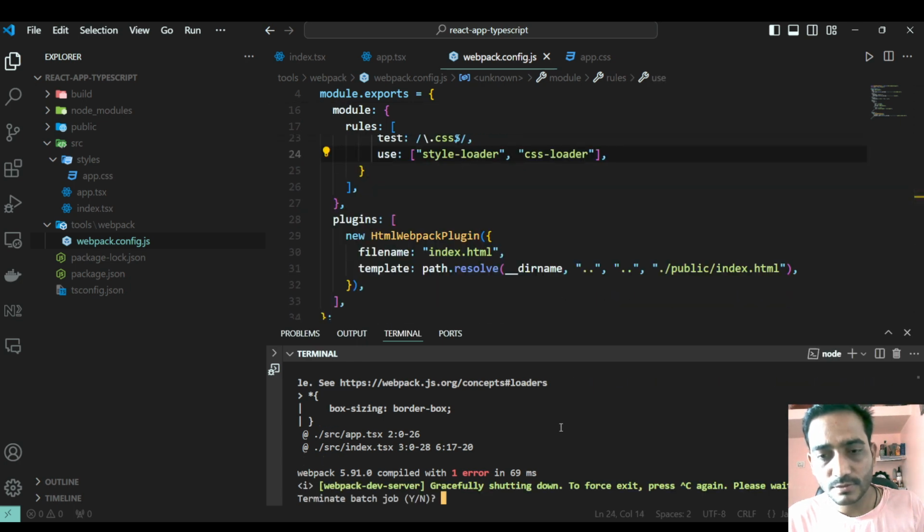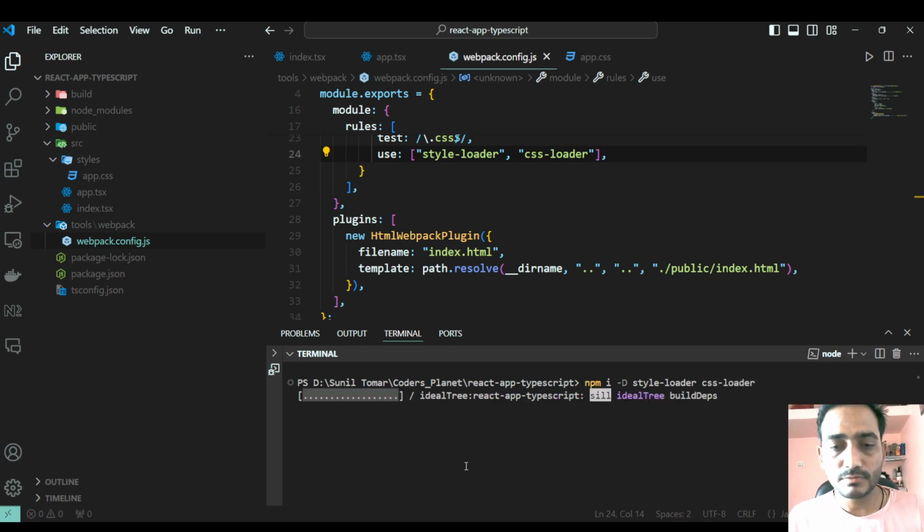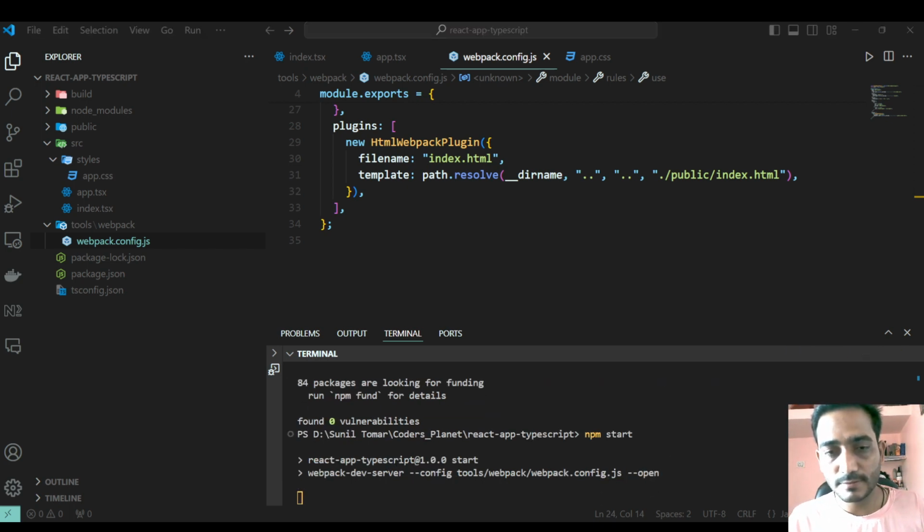Okay, so I need to npm install the style loader and CSS loader. These two loaders we need to add. Okay, so now I start,